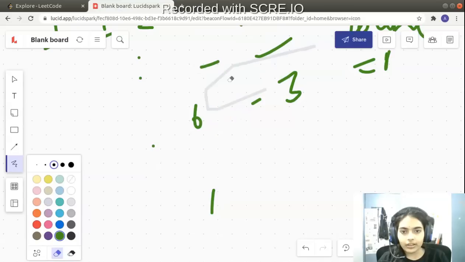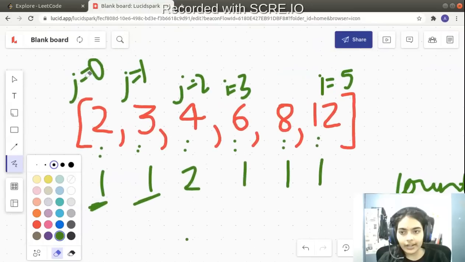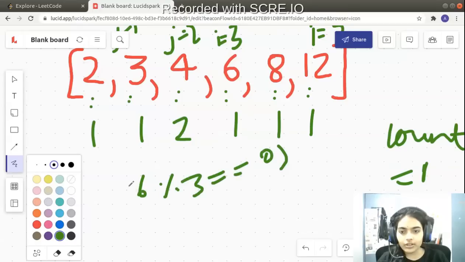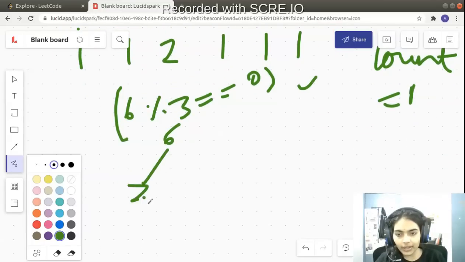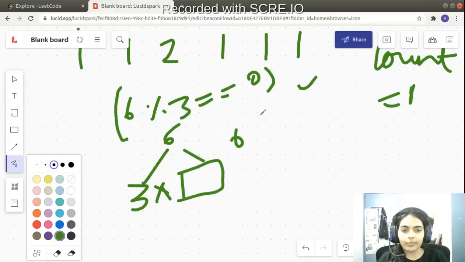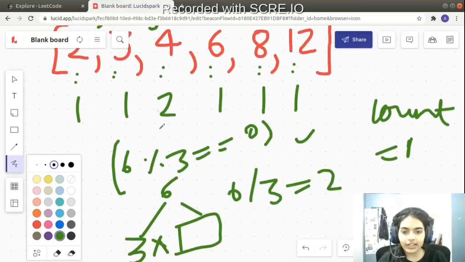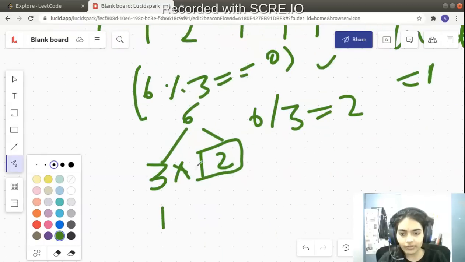So let me erase all this so that we can go to the next iteration. So now we are going to the next iteration. We checked for j equal to 0. Now let's try to check for j equal to 1. So again we do the same thing. We check if 6 mod 3 is equal to 0. So this is also true, right? So now we know that we can try to find a number that will multiply with 3 to give 6. So let's see what that number is. 6 divided by 3 is equal to 2. And let's check if 2 is present in the map. So 2 is present in the map. So now how many ways are there to form 3? There is one way to form 3.